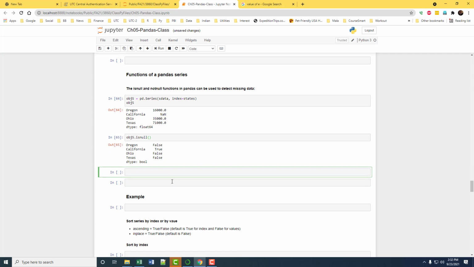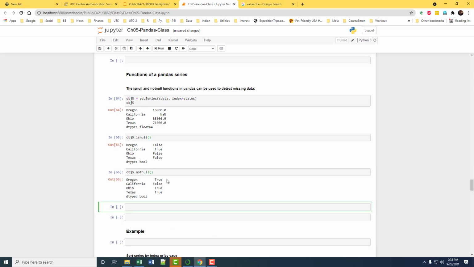Null value true means it is null, null value false means it is not. So we have notnull, which is the opposite.